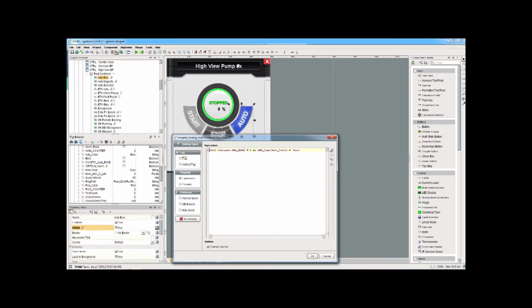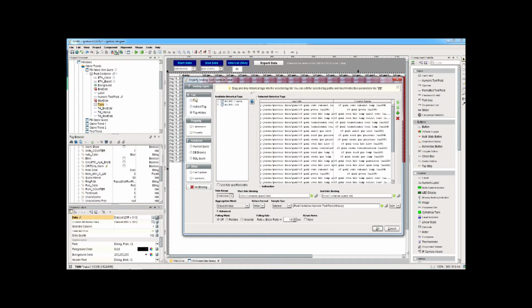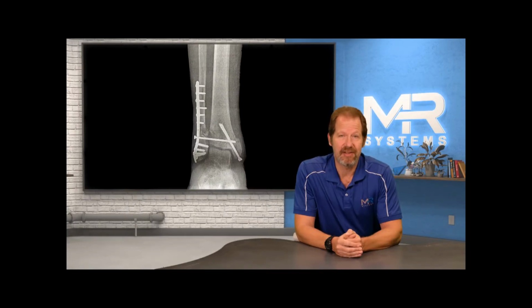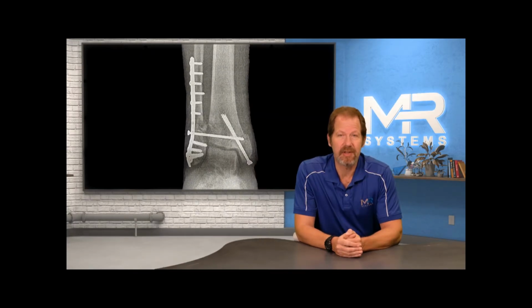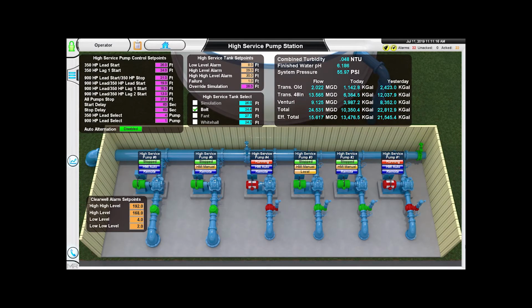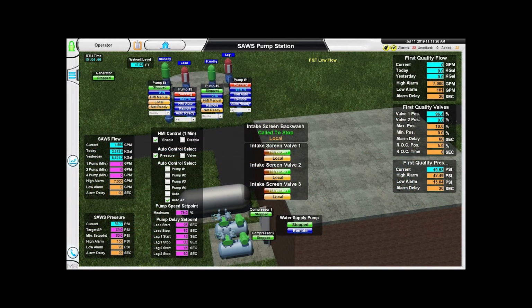The Python scripting, in conjunction with the built-in tag binding functionality, as well as the reporting features, made the total implementation very easy. Even after suffering a minor accident during the startup process, we were able to continue our integration efforts remotely. Since Ignition is so intuitive to use, a coworker was easily able to step right in on site to fill in. All of these factors combined resulted in a project that far exceeded both the expectations of MR